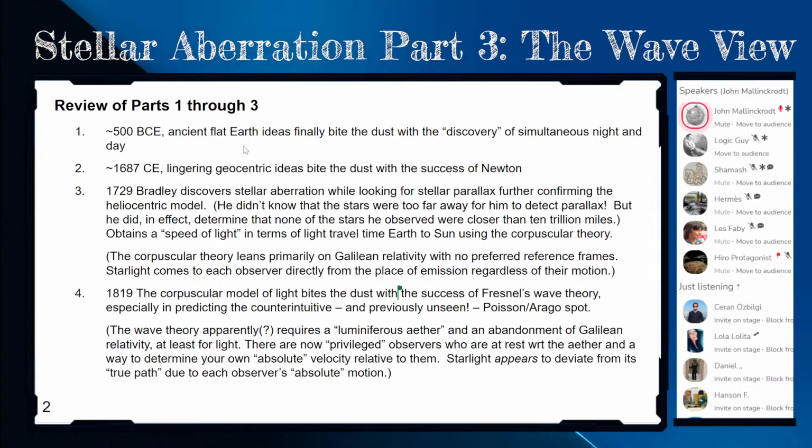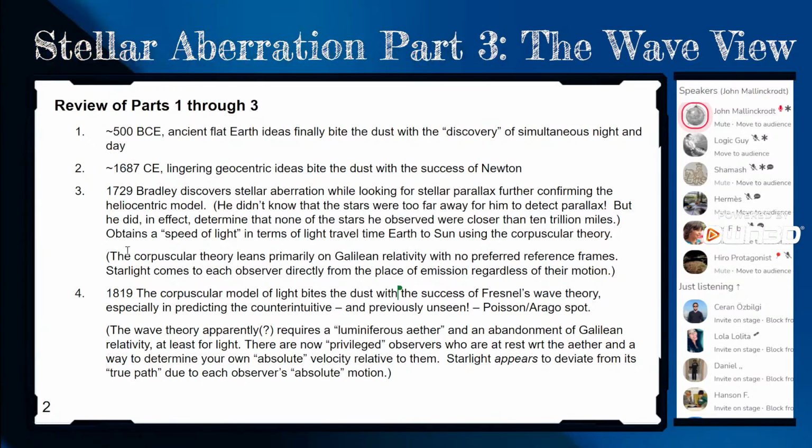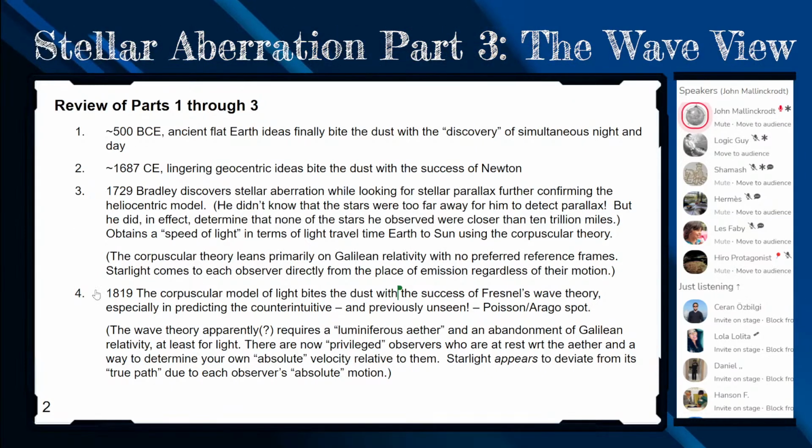Okay, let's move on to slide 3. So just a quick review of the corpuscular theory, what's going on and how to understand other observers' experiences. So in the corpuscular view, as I mentioned, light travels directly from where it was emitted in your current rest frame to you in your current rest frame. There's a little diagram there showing there's a source. That's where the source was when the light particles that you are now seeing, so there's the source of those light particles which are now entering your eye, and there's you, and nothing in there is moving other than the